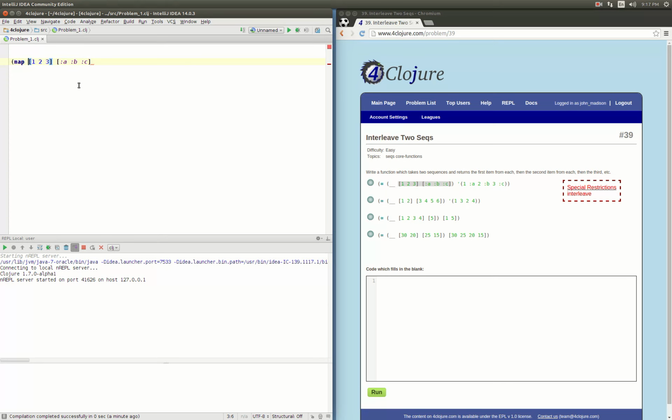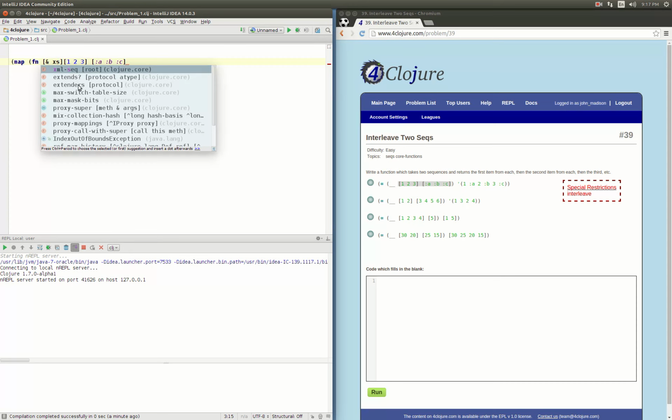So if we have multiple sequences, then it's going to pass values from each of those sequences to the map function. So whenever the first time we call the map function, it's going to take the first from each of these lists and so on. So we can do a function here, and we'll say that we're going to get